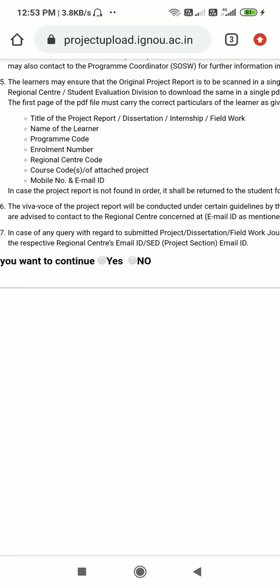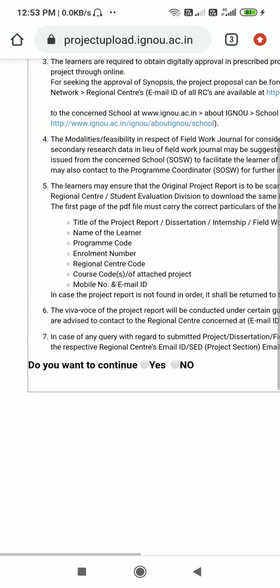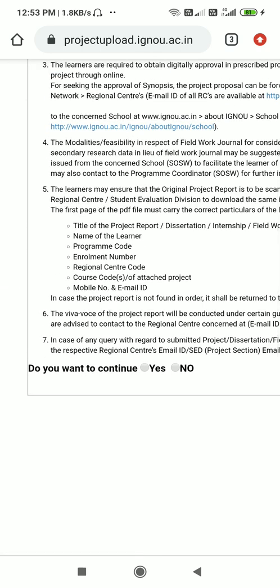For submitting the final project report, you need to follow some guidelines and instructions carefully. On the front page of your project, you should mention your project title, the name of your guide, your name and program code, your enrollment number, study center name, and course code, that is MLIP 002.